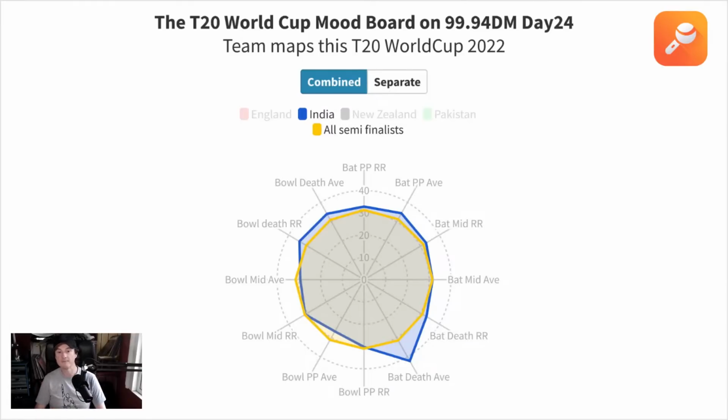Just to go back to the batting power play for India as well, it's interesting that they are noticeably batting slower at the top in this World Cup, which I don't think is a mistake at this particular World Cup, the way it's been played so far anyway. But that going slow in the first over or two overs still allows them to score at a decent rate throughout the entire power play, and it means that their batters are set. It's just a different way of going about it.